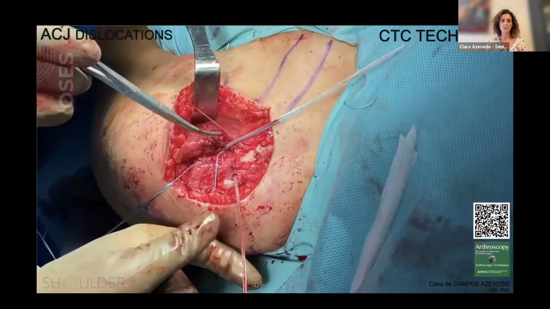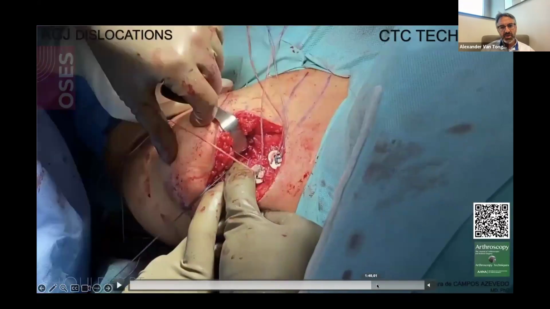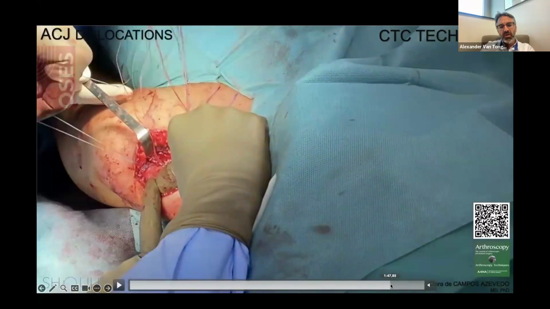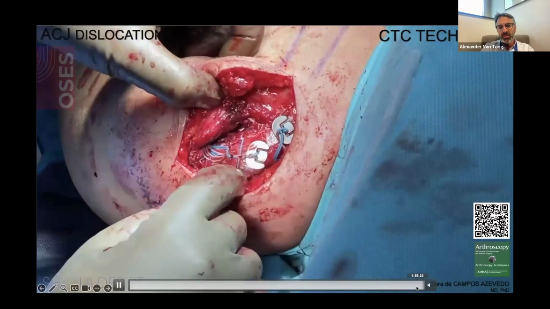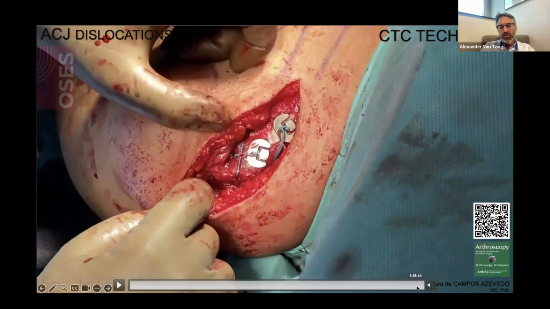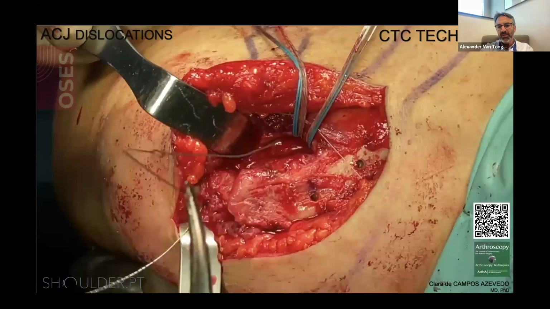There's no need to lose time here showing it, but can I ask some questions about the position of the tunnels and the way you drill? Do you measure the starting point compared to the distal clavicle? Do you sometimes resect a little bit of the distal clavicle, or are you going from superior to inferiorly, or are you trying to go a little bit oblique?